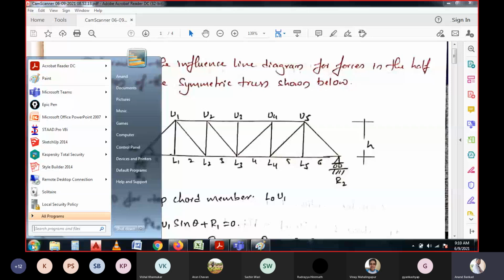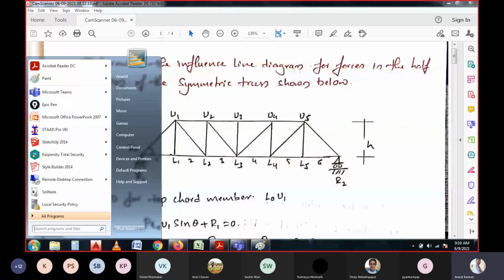So these are the diagonal members that can be considered. Apart from that, we have another member which is vertical, right? So we have these many members in the truss in a symmetry. So the question is to calculate for the top chord members, and that means the forces in the half